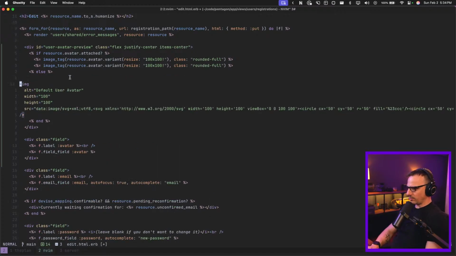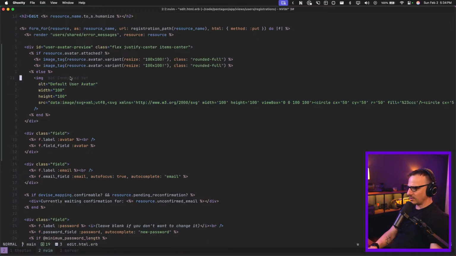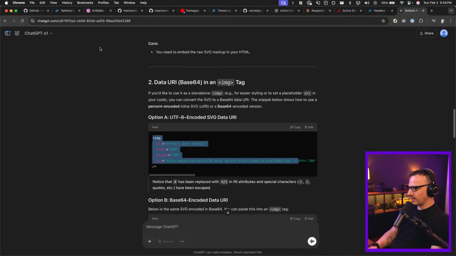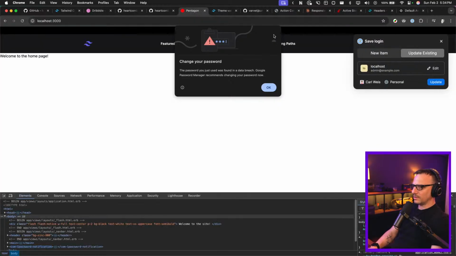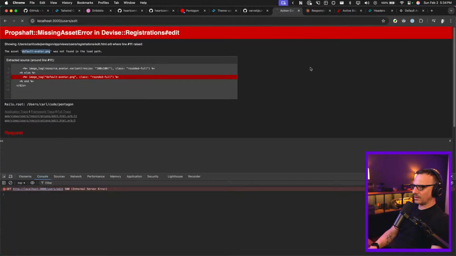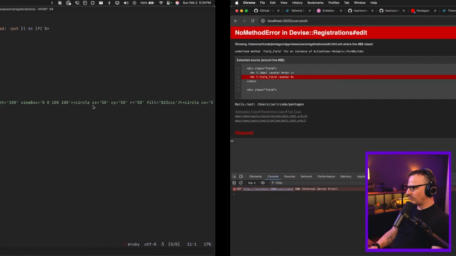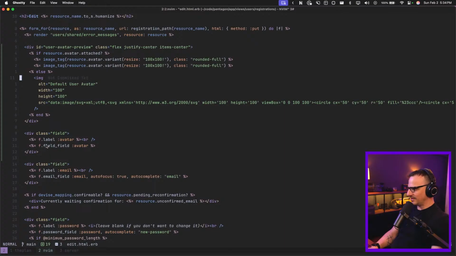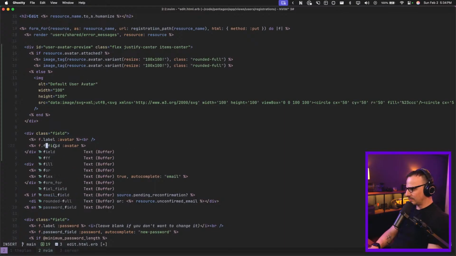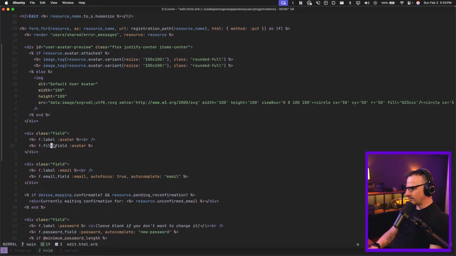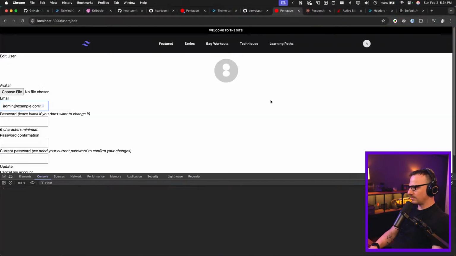Because like, why are we triggering a Rails error there, trying to use a helper for a default image? Even if this file gets deleted, I don't care if that image is broken. I do care if my application is broken because it can't load a default placeholder image, right? That seems like not the right approach. File is not a file. Okay, now we get a placeholder,